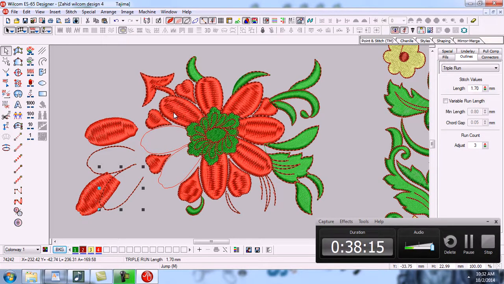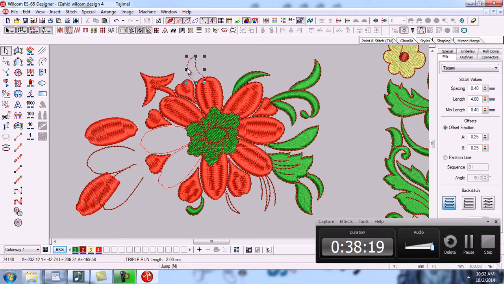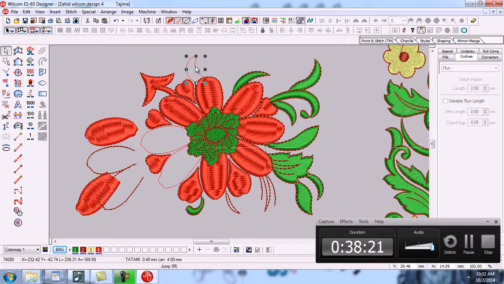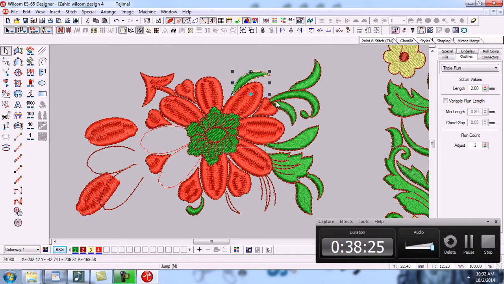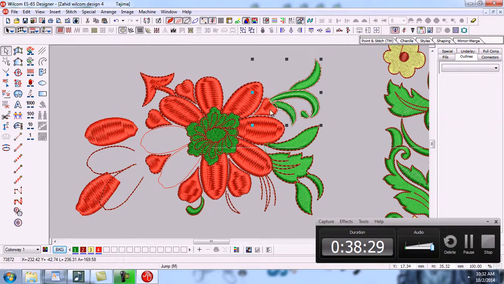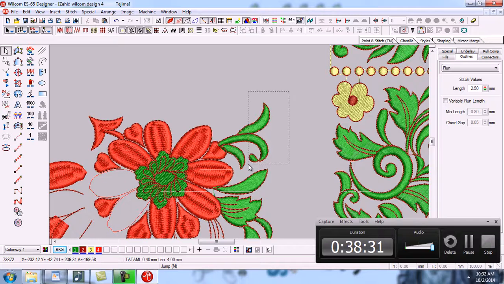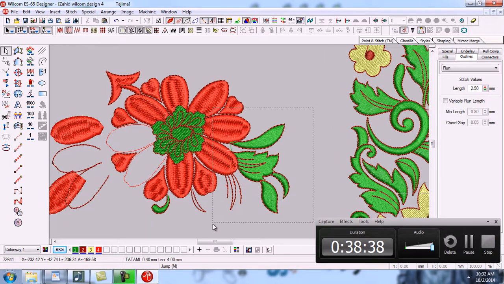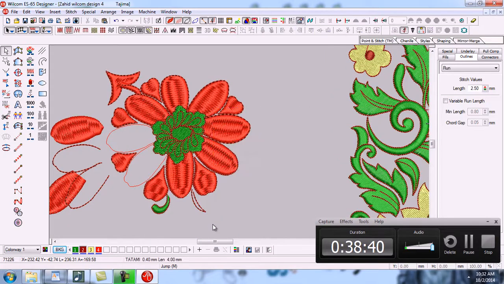If you want to make a group, first I have to remove all these objects.